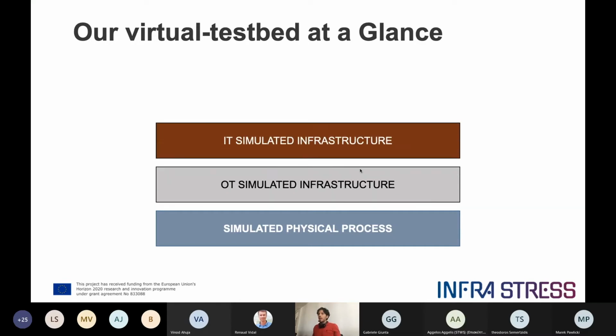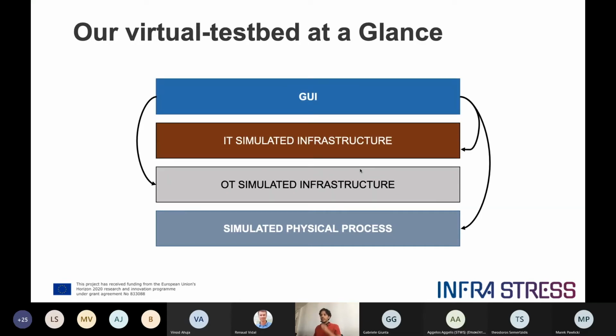So it is composed of four main layers. We have a graphical user interface that allows you to configure the solution. And then we have three layers. One for the simulation of information technologies. Another layer,